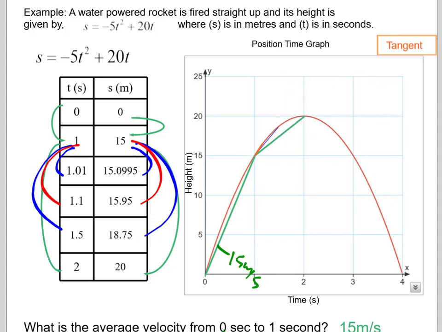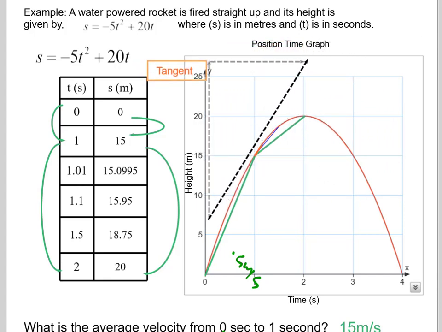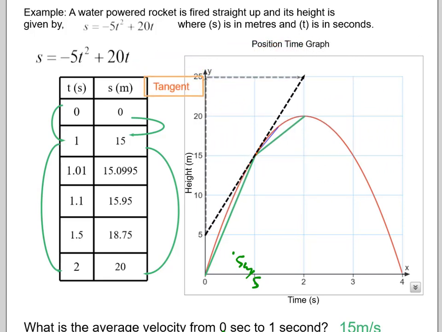But what we can do, and I'm just going to try and clear off some of this information, is we can use a non-calculus approach. We can use a manual approach. So if I drag this in, if I look at 1 second, this is where I'm trying to find out the instantaneous velocity right there. If I take my ruler and I draw a tangent, which is a line that contacts the curve at one location, and then I use the grid that's in behind to determine the slope of that tangent,